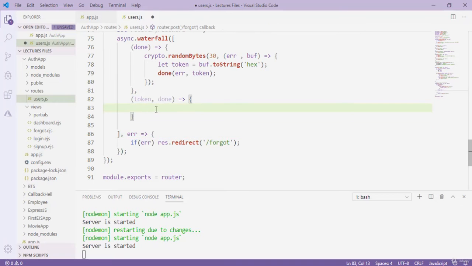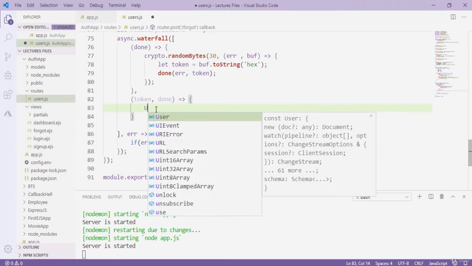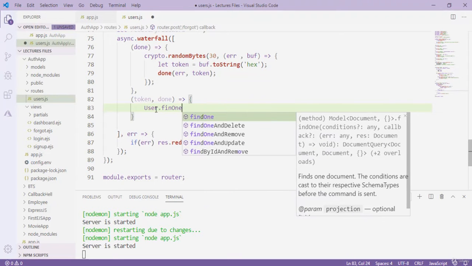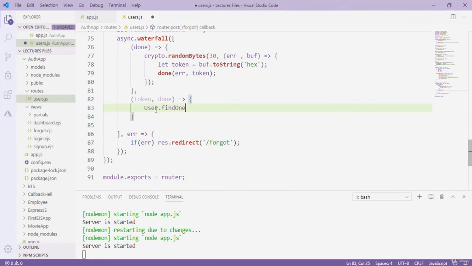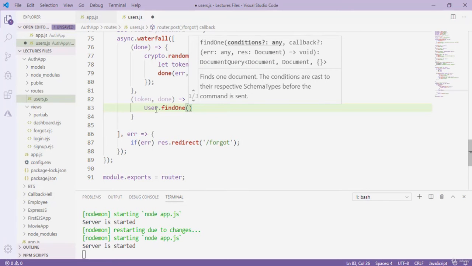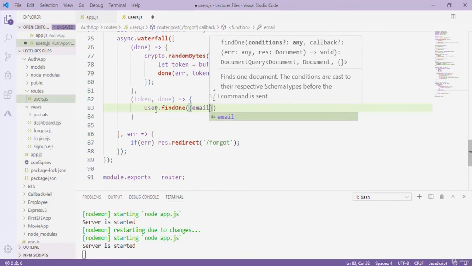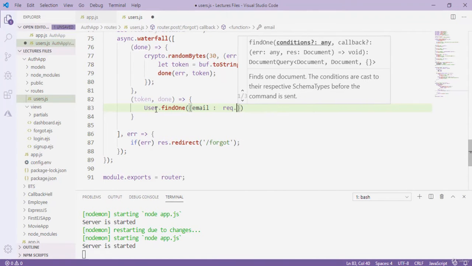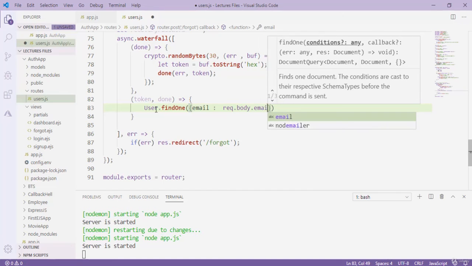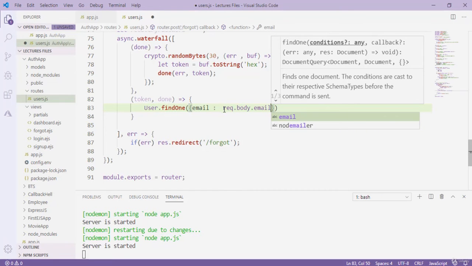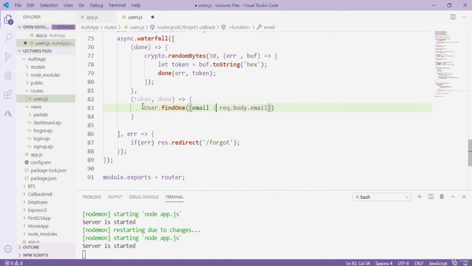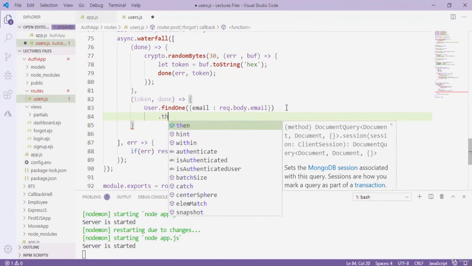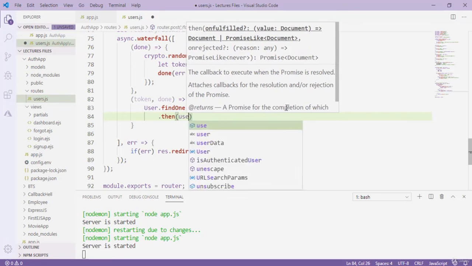In this first of all I have to find a user with that email address. So first of all I type user.findOne. I will find that user with that email address. So I type email should be request.body.email that the user passed in the forgot form. So we find that user in here, and if we find that, then this method returns a promise. So I type user,